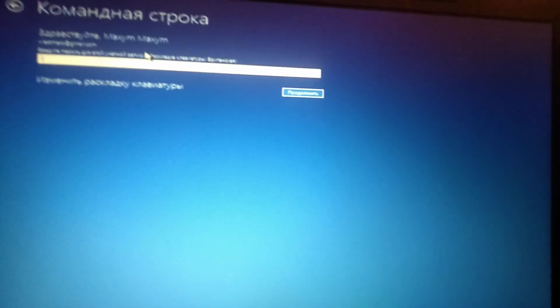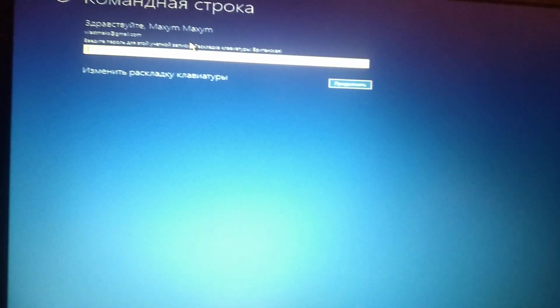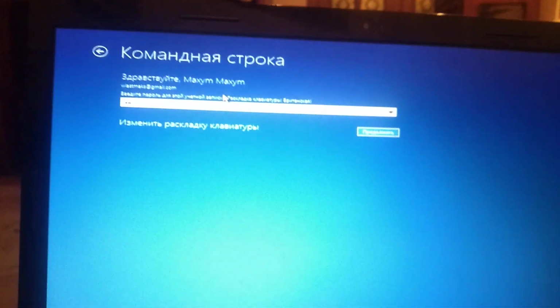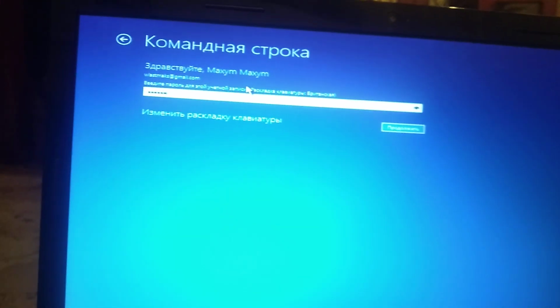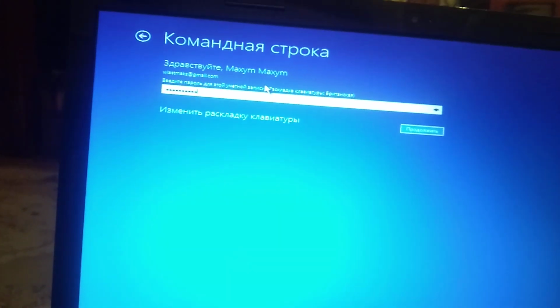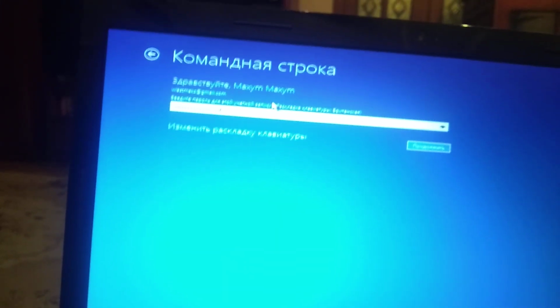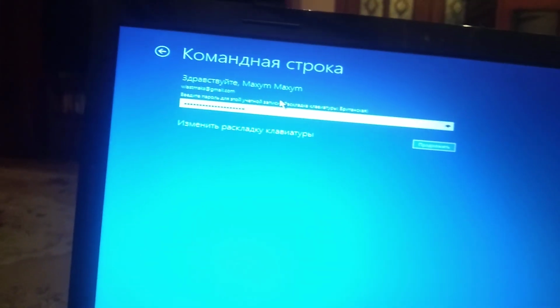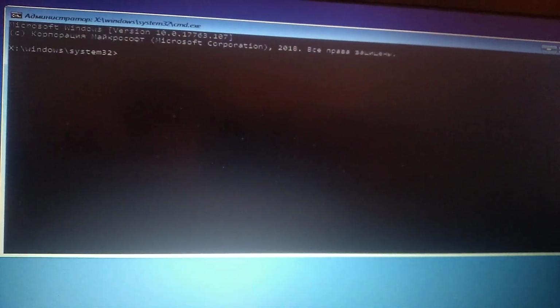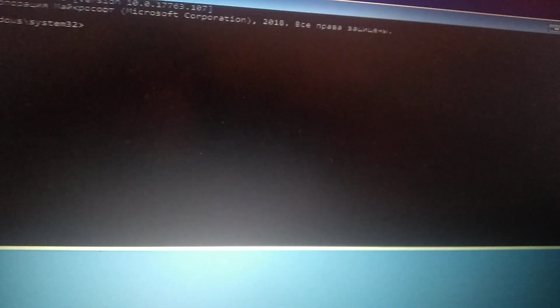And now you need to enter your password. And just click enter. So now we see command line, and now we need to write in command line